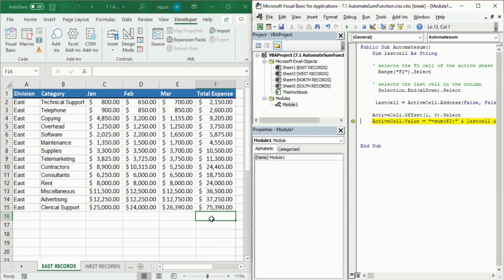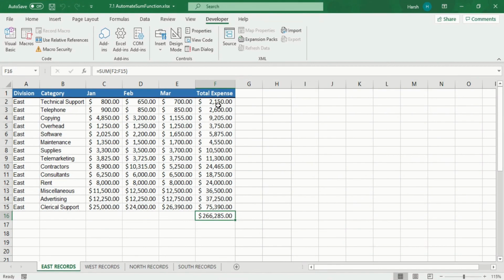Now this is what the code is for. So now we want our answer in this active cell. Now again I click on function and F8. So now you will see our function is done. If I put Excel again on full screen, and if I again select all these things, you will see our sum is 266285. You can see it is completely the same here. That means our function is completely working.